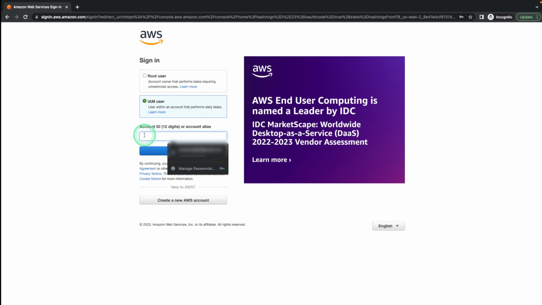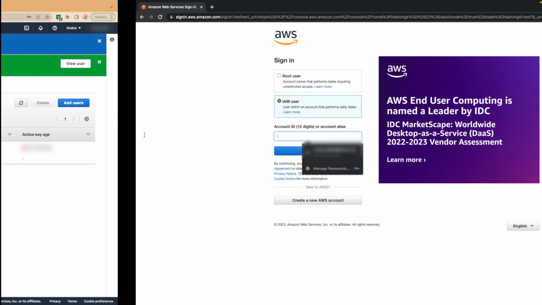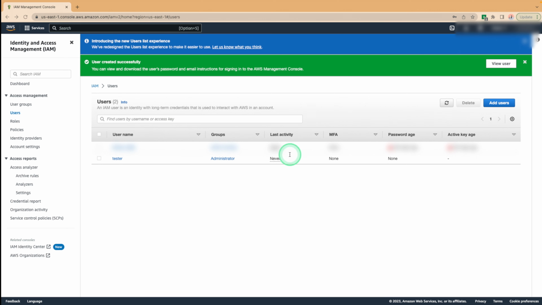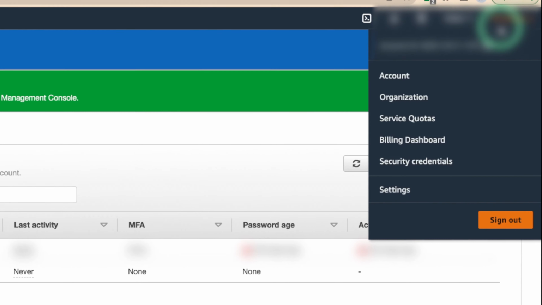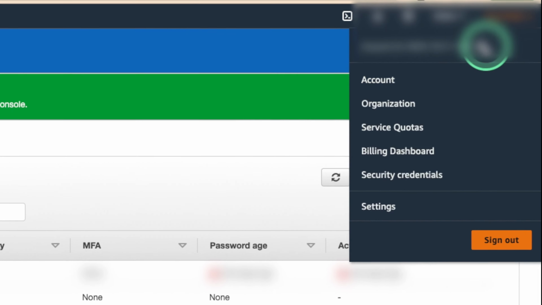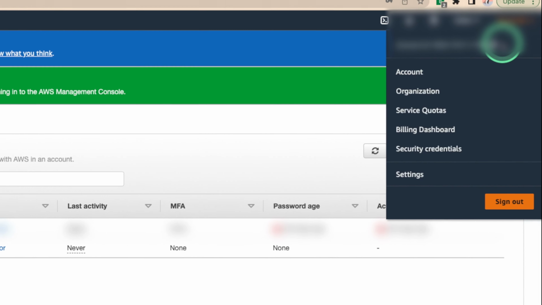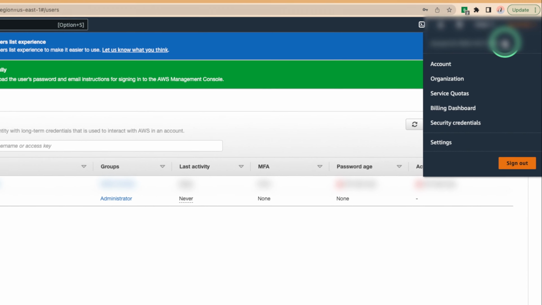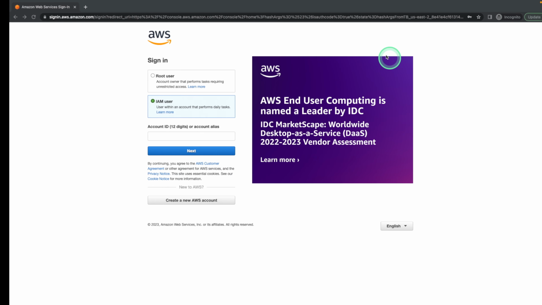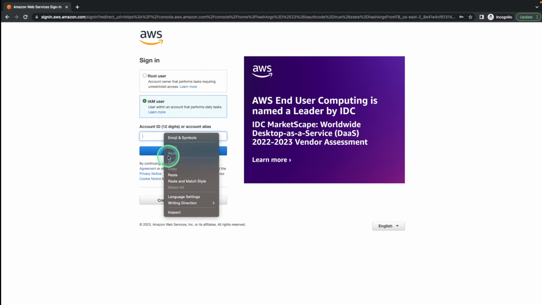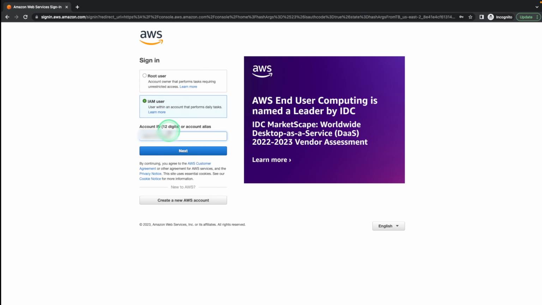To find this account ID, we can navigate back to our previous window, and once we're there, I'll show you where to find it. On the top right hand corner where your username is, you can click that, and at the drop down you'll see an option that says account ID. You have the option to click copy, to just copy it, and then navigate back to our incognito window and insert that 12-digit code we just copied. That will be our account ID. We can now click next,